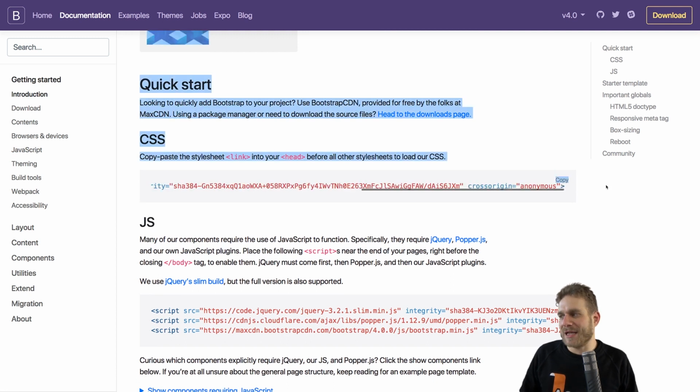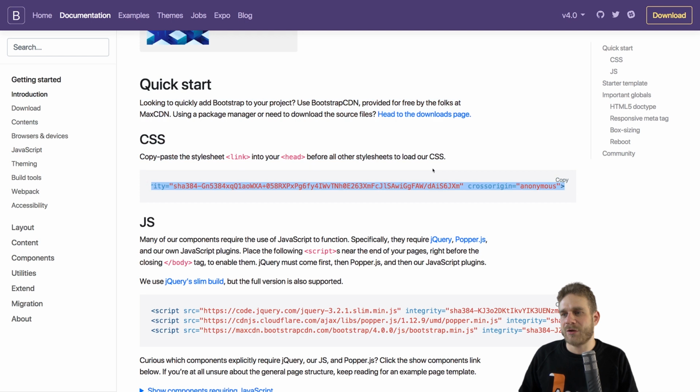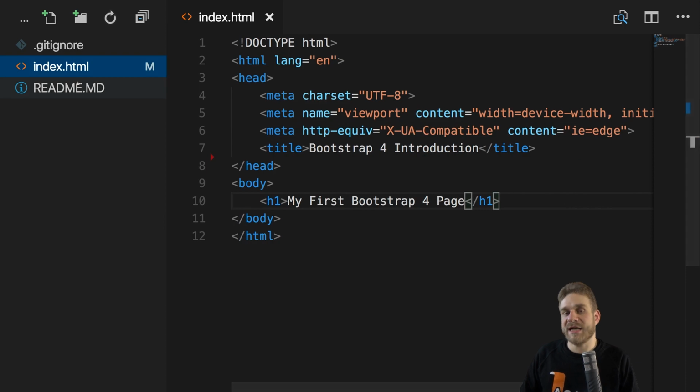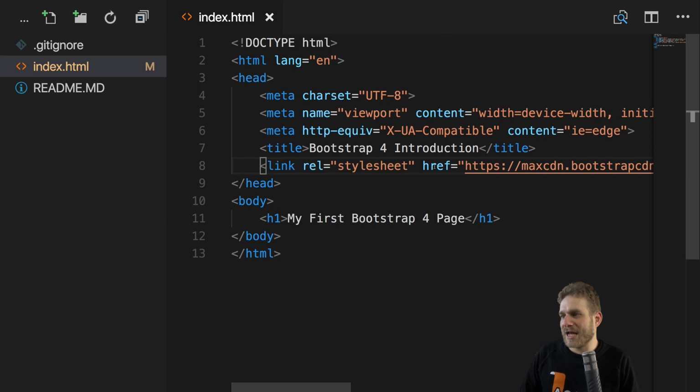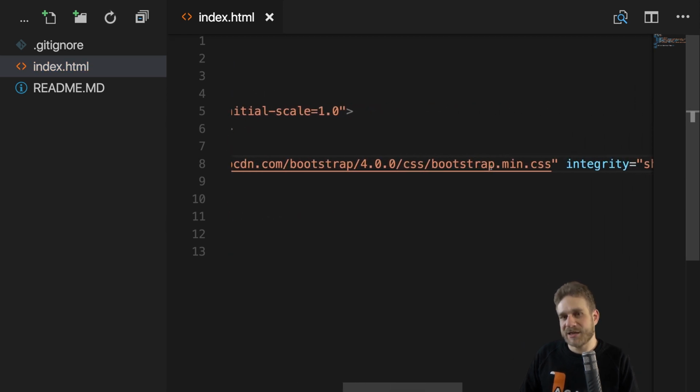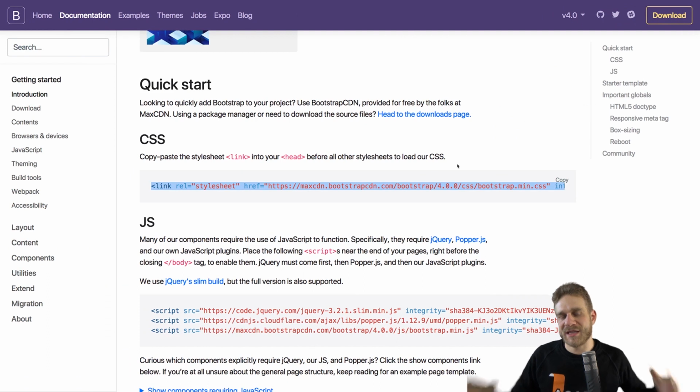These are simply HTML elements, the import elements for CSS and scripts, which you can just copy and paste into your project. So for example here, I copy the CSS import link, and I can then go to a project I created, in this case a very simple one with just an HTML file, and add it in the head section. And now this will import the Bootstrap styling, so the CSS file, from a CDN. And CDN simply means from a different server, which is highly optimized for speed. Often importing from CDNs is faster than importing from your local server. Therefore, using these CDN links definitely is an option you should consider.